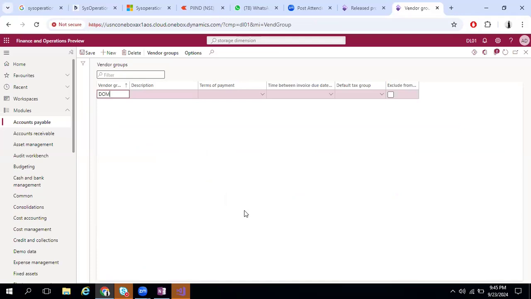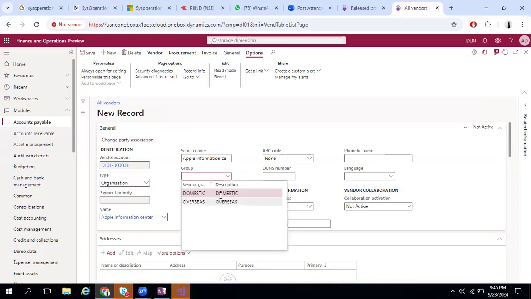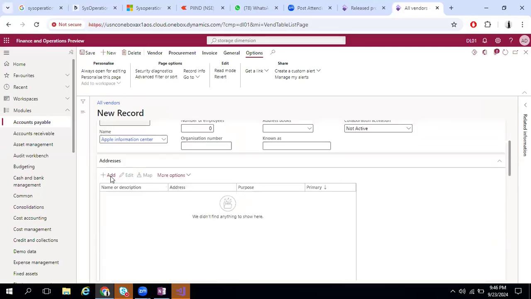Okay, so I will take two vendors. One is domestic. Okay, and then I will take an overseas vendor. So how will I define it? I will define it from my system configuration. Okay. So I will go for the groups. I will go over here. I will go for the groups as domestic. Okay. I will add the address over here. So to add the address,